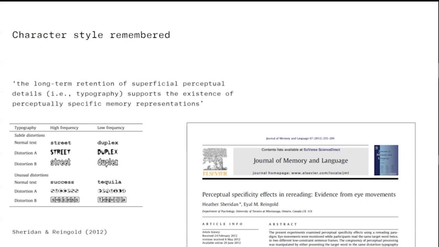This was done with eye movement recording, and they did it a week later. If we read in a very distorted font, it needs to be very distorted to work, and we read a different sentence a week later in an experiment setting, then we fixate for a shorter time if it's in the same font than a different one, which seems to me astonishing as to why we would hold on to this rather old